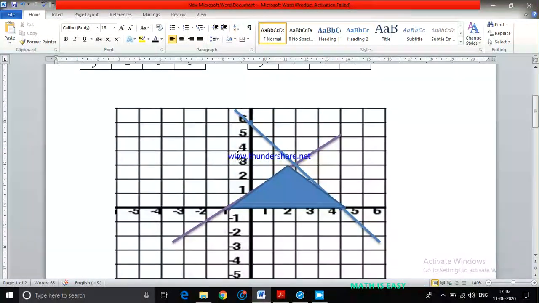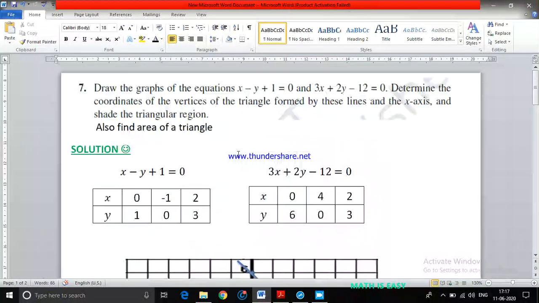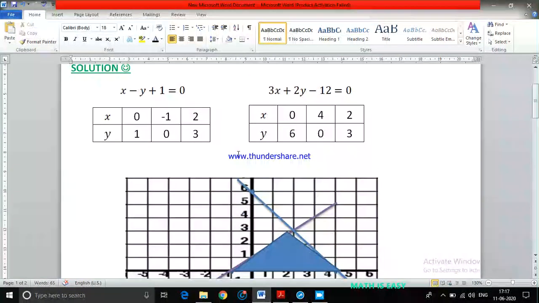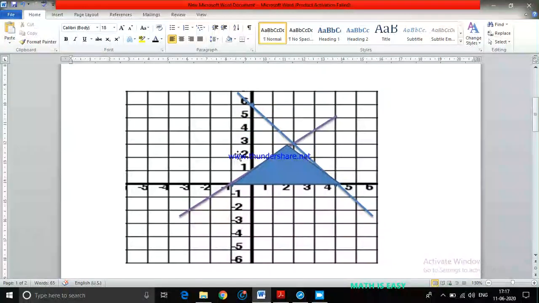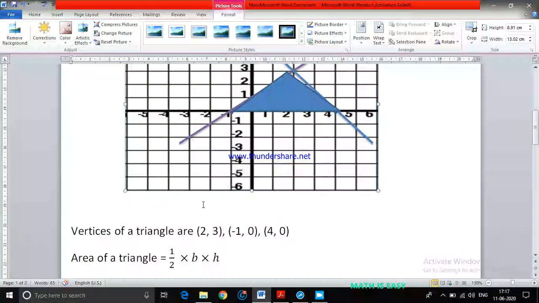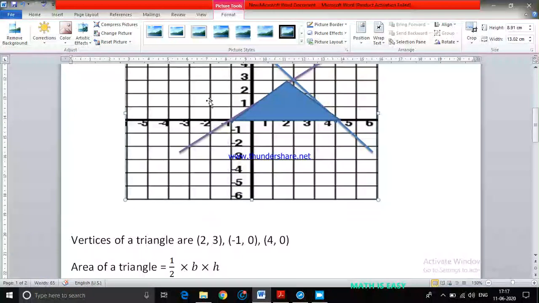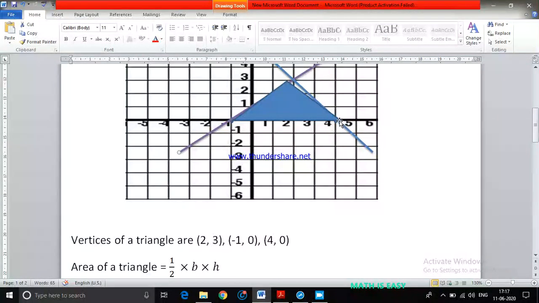They ask you to find the area of the triangle, or maybe shade the region, or sometimes shade the region and find the vertices, or sometimes just the vertices, like that. So the question varies in the board exam. I hope this method is clear, how to find the base. You can even take a scale and measure from here till here. Whatever distance you have, that will be the base. And the height is from this vertex, this perpendicular line, till here. So this distance is the same as the distance from here to here. I know this distance is 3. So hence the height of the triangle is also 3.